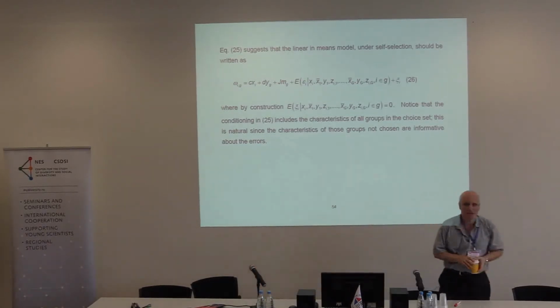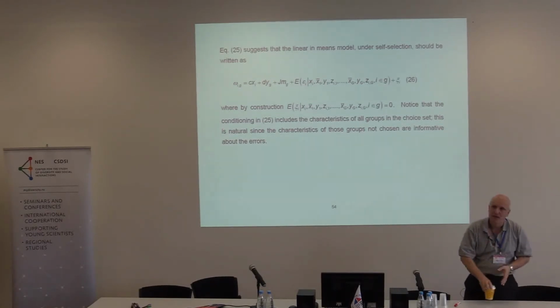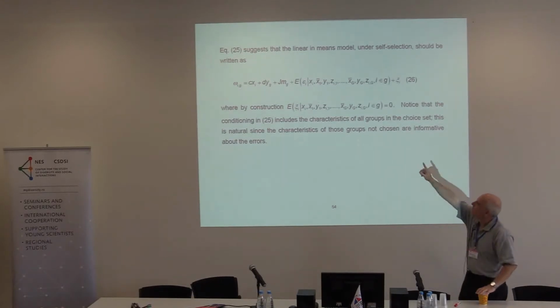Now, what I want on the table, of course, is that there are different ways to think about how I would deal with an environment in which the conditional expectation of the errors is non-zero. I've already turned my nose up at one of them. I said, well, instrumental variables, yeah, if you have them, that's a wonderful thing. But you may not have them. They may be hard to justify. And so what I want to put on the table is another way to deal with self-selection, and that's the Heckman approach.